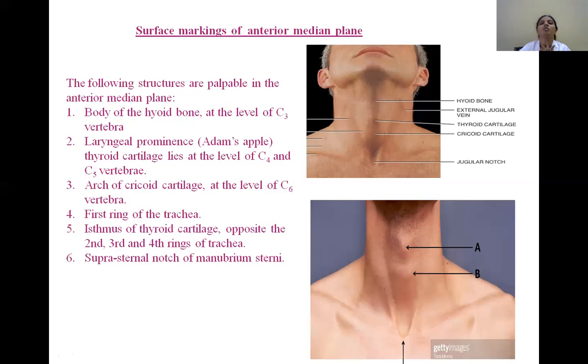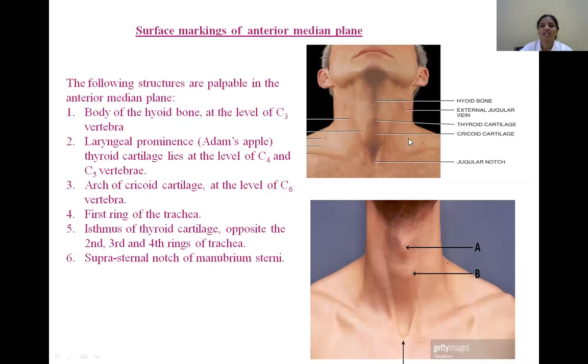And from here, if you move your finger down in the midline, at one place you will get a bony prominence. Actually, it is not a bony prominence, it is a tough structure. So what is this structure? It is a prominence formed by the articulation of the two laminae of the thyroid cartilage. So here what you will get? A thyroid angle. The thyroid angle means where the two anterior borders of the two laminae meet in the median plane, where it projects forwards and forms an angle, which is known as the thyroid angle.